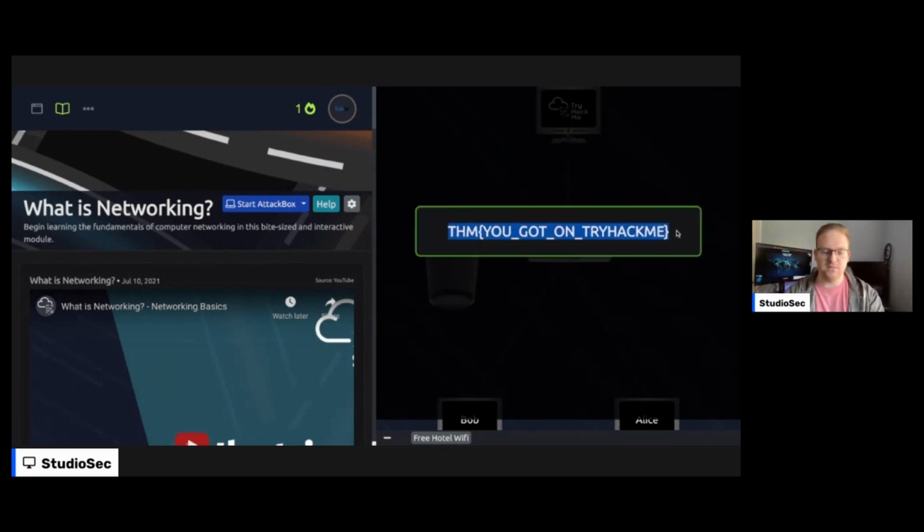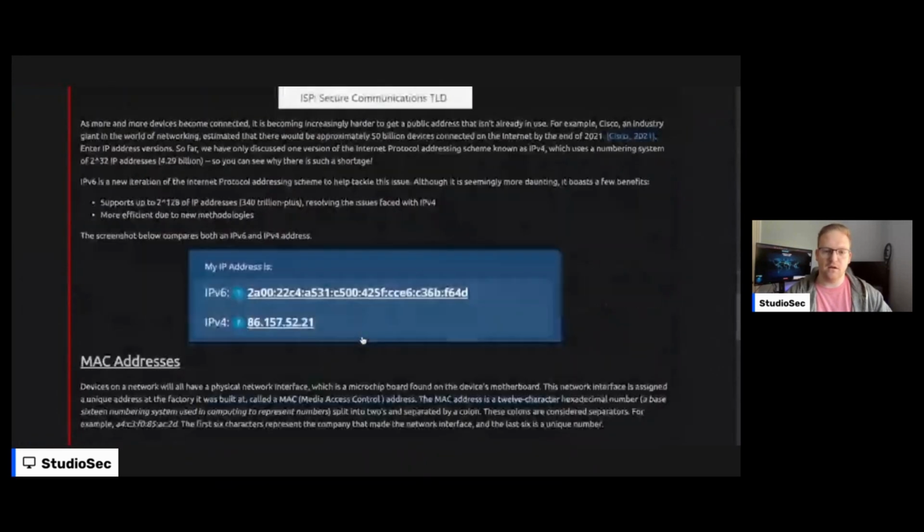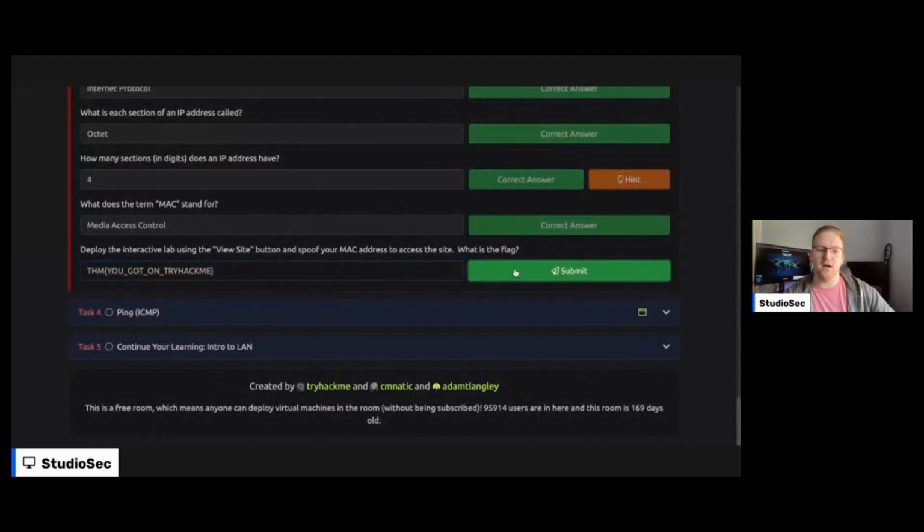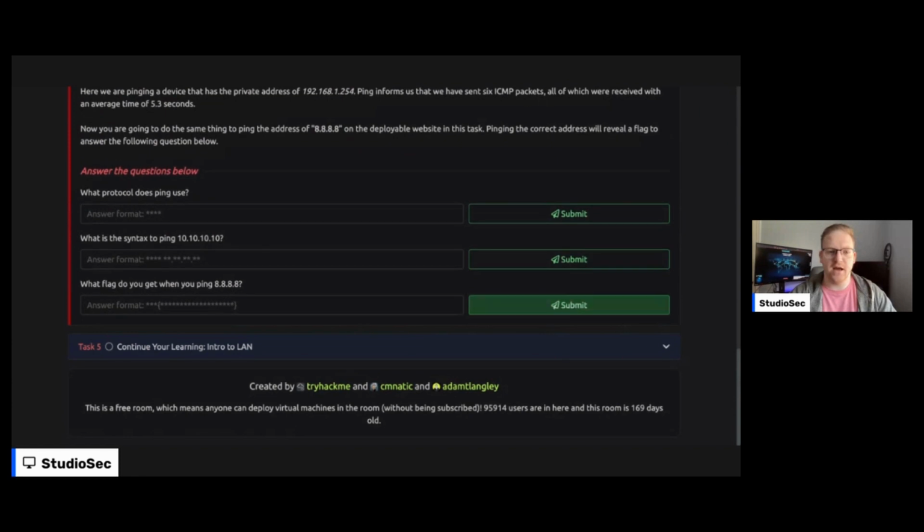So, sometimes you might have some sort of block going on, and spoofing might get you past that block. Because again, the router in this case believes that you are Alice. You are not Alice, but the requesting MAC address reflects that of Alice, so it's going to treat you like Alice. That's why it passes it on to tryhackme.com.